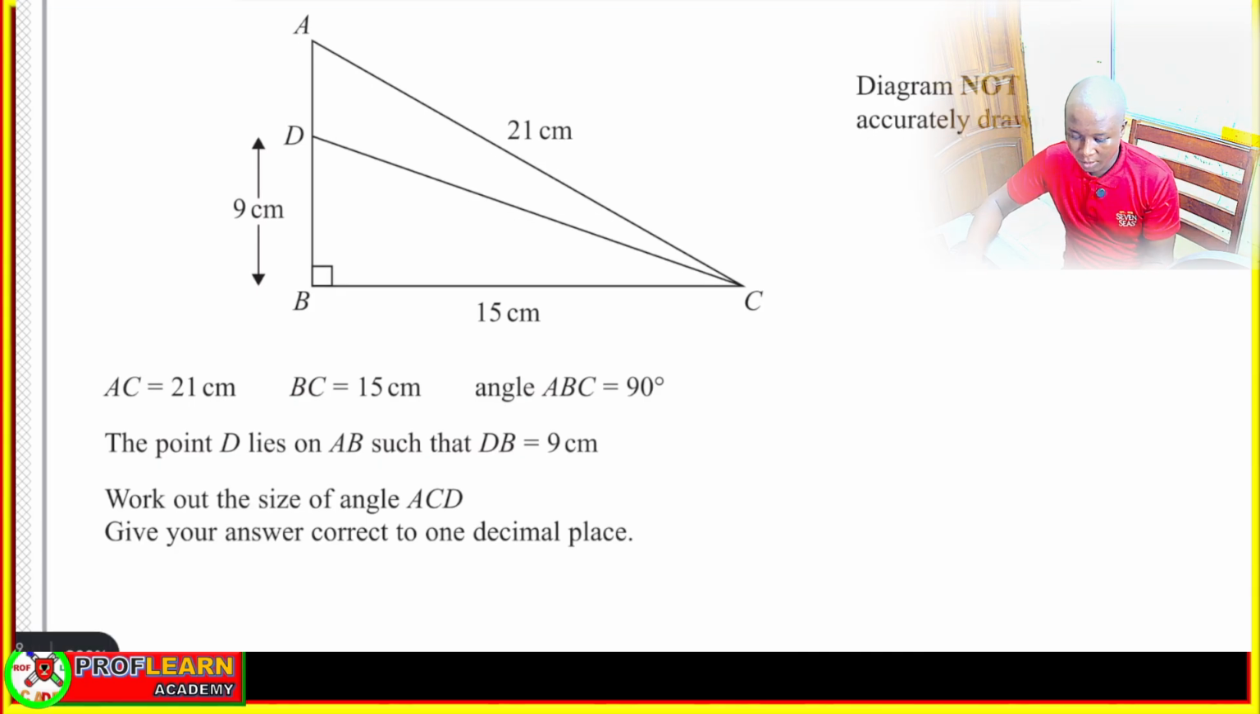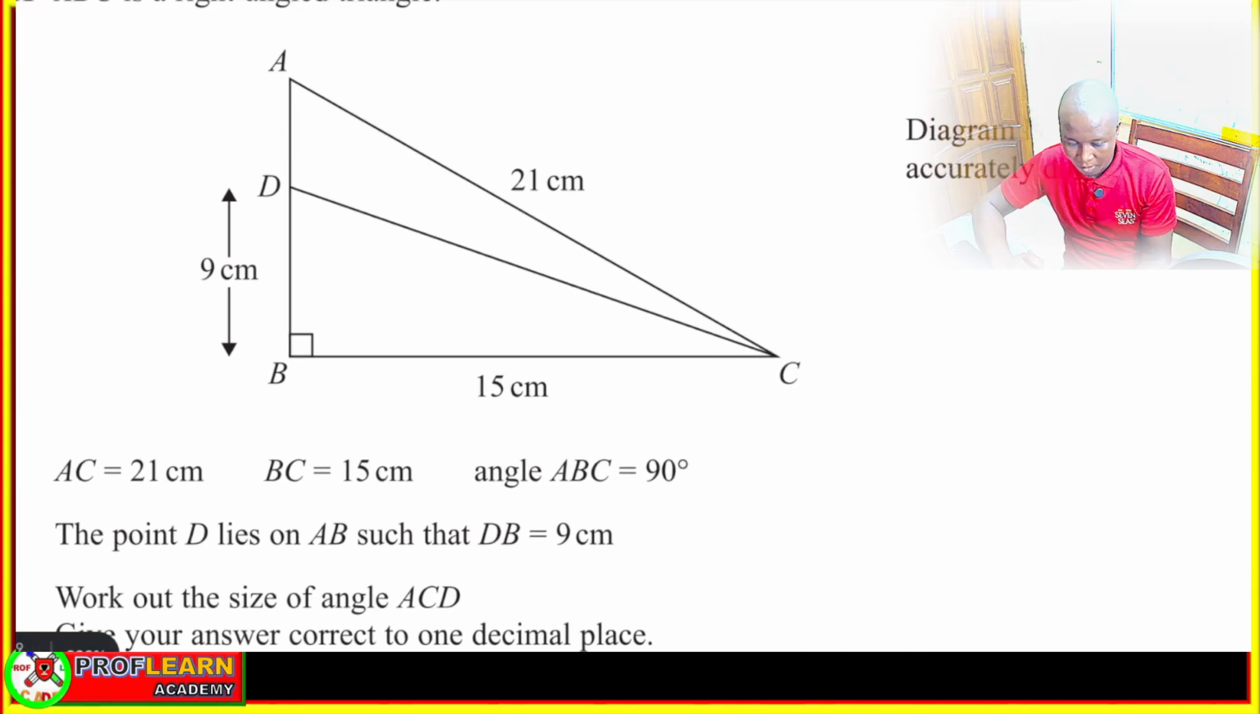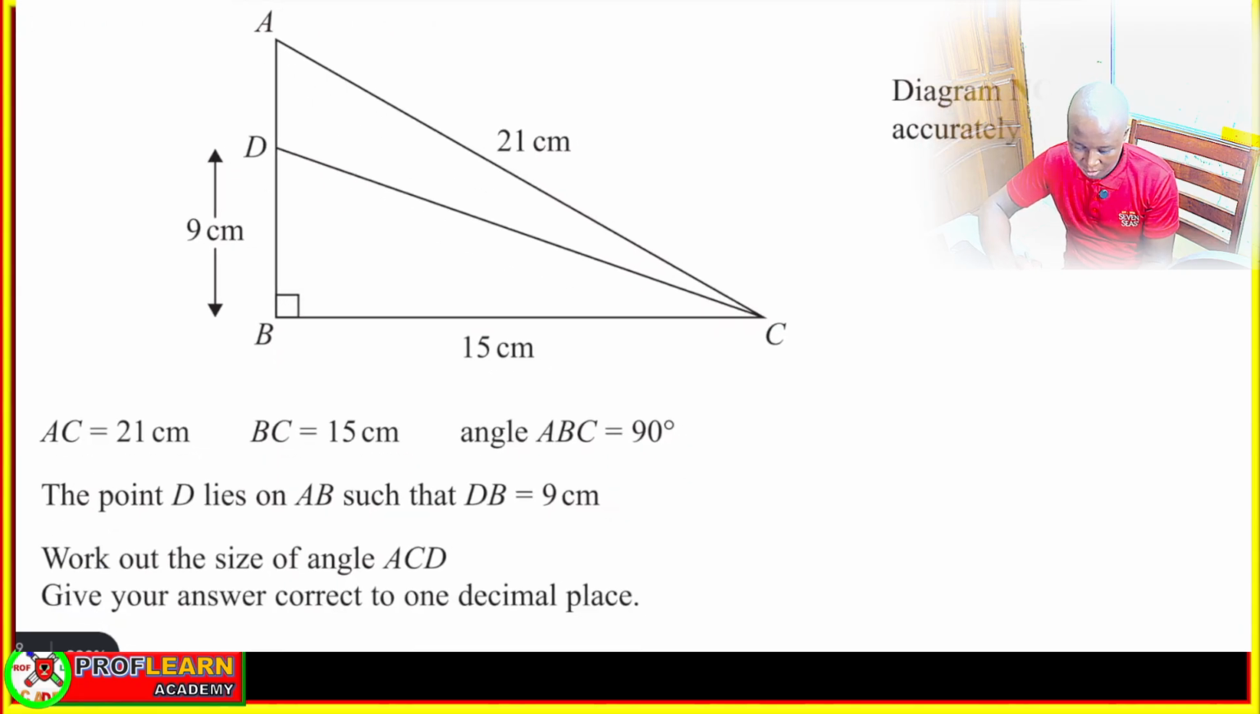Okay, in this question here, we are told that it is a right angle triangle, and then work out the angle ACD. So we are going to work out the size of this particular angle at this point. That's the angle we are working out. The first thing that I think we need to do in this particular question is to put our mind together and then look at